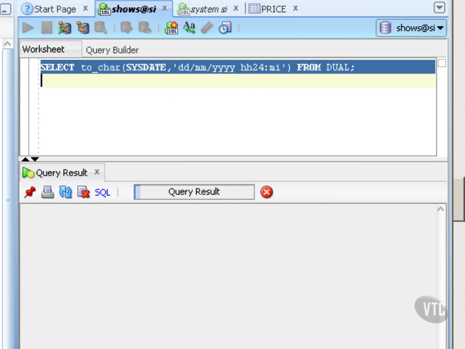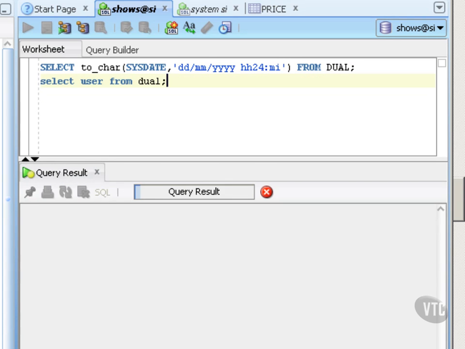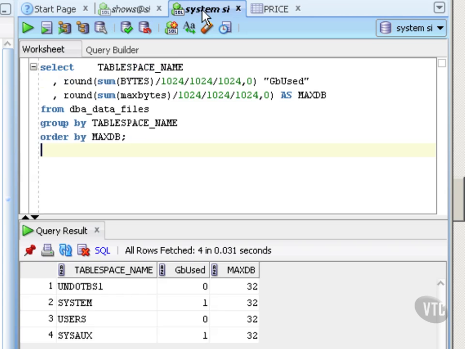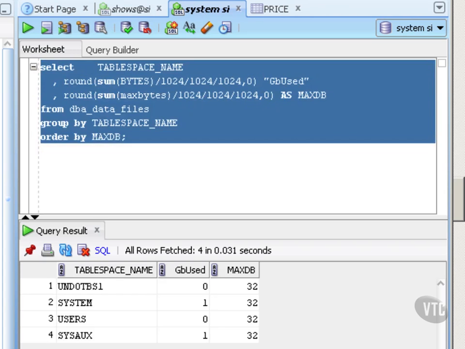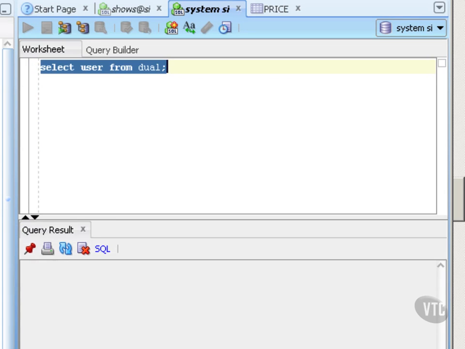Hit return again. Obviously we get more detail. There are a bunch of things called pseudocolumns. Another one is user, where you can figure out who you're connected as. In this case, I'm connected as shows. If I go into system and I type select user from dual,